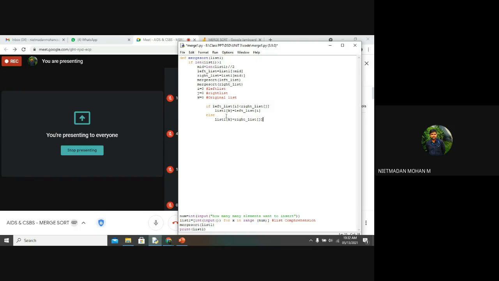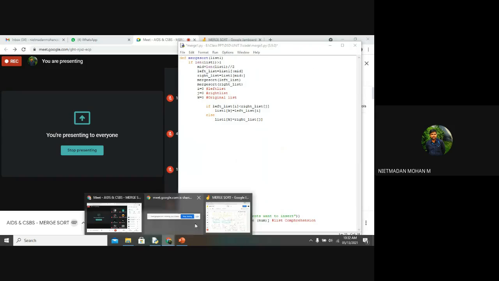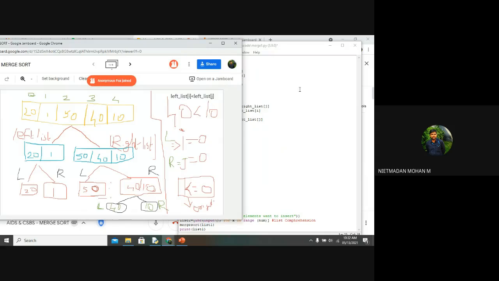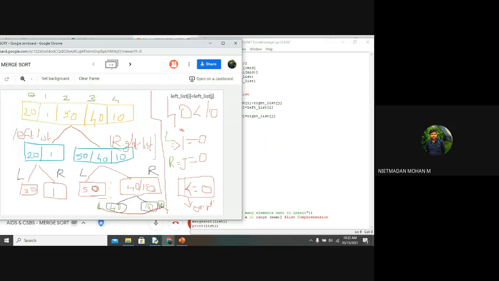So this is the line. You just see what these lines mean. It will go with the final step, right? It will start from the final step, the final splitting element. Are you clear about this?